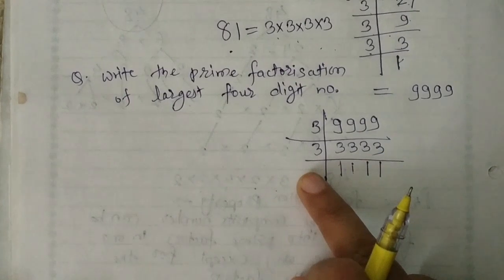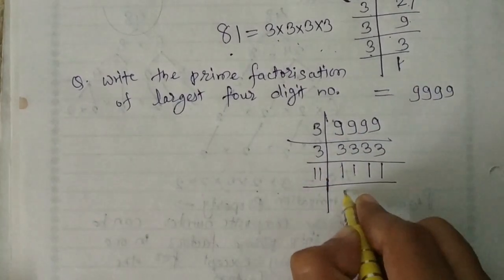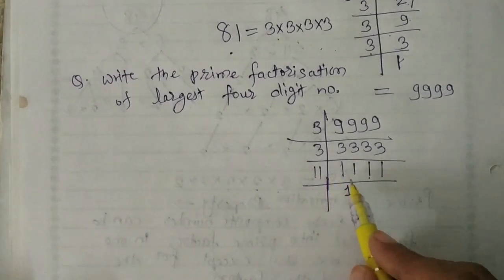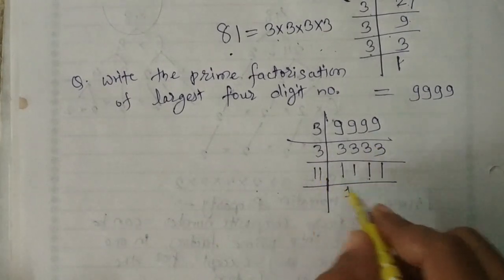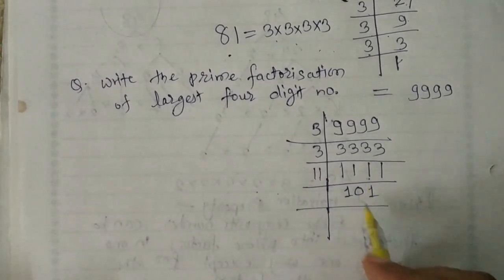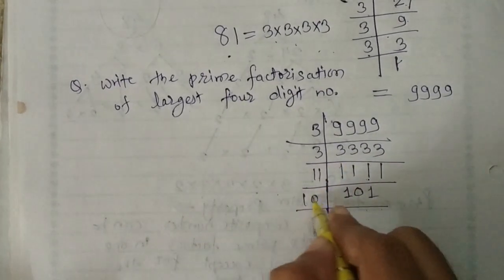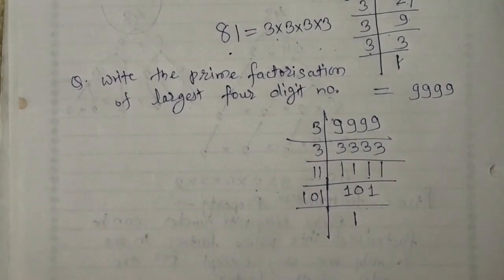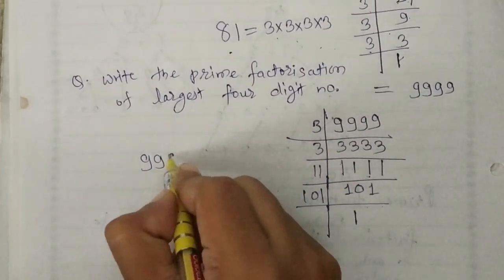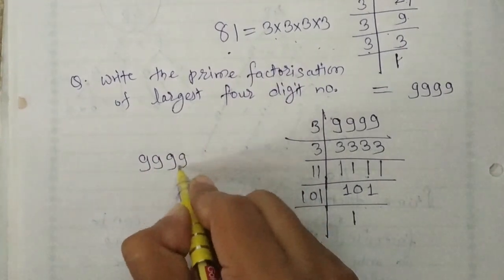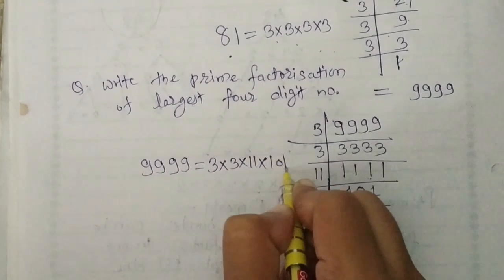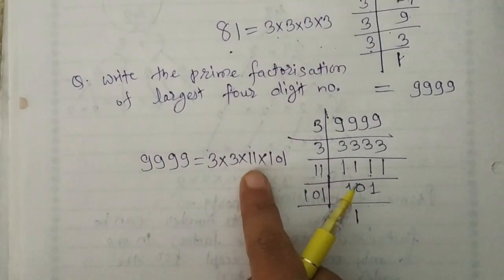1111. So now I will choose 11's table here. So 11 1s are 11. Now this one I cannot take directly. I want to take 0 because this one is smaller than this divisor. So 11 zeros are 0, then 11 1s are 11. Then we know that 101 is also a prime number. So we choose that number to divide by itself, that is by 1. So 9999 has the factors 3 multiplied by 3 multiplied by 11 multiplied by 101. And these all are the prime factors as a product.